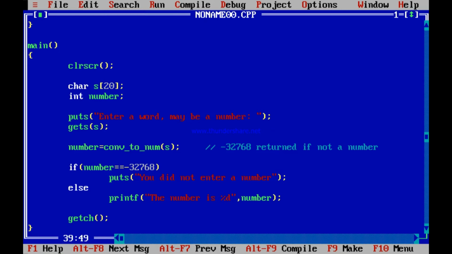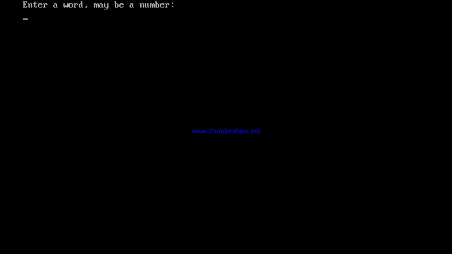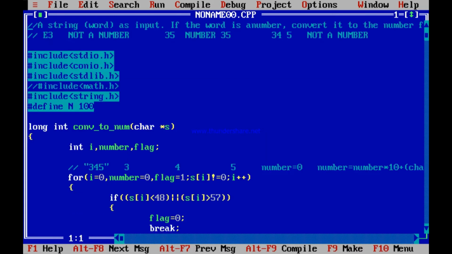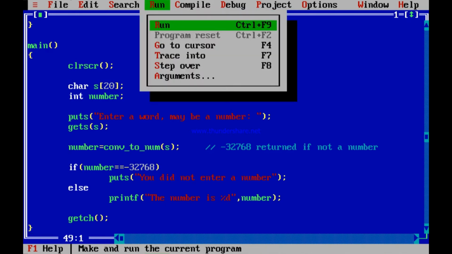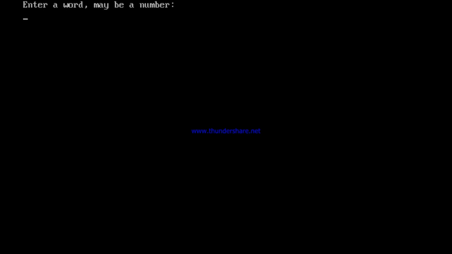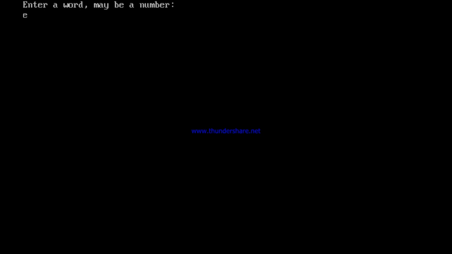See, you had scanned a string, gets s, and what have you printed? You printed the number, %d, you printed a number. Okay, so let me run it now again. Enter a word, maybe a number. 87. See, 87. The saving is not happening properly anyway. So let me try to run it with not a number. Maybe say YTR. Any random thing I have entered. You did not enter a number. You check this. Again you run it. Say E3345. You did not enter a number.